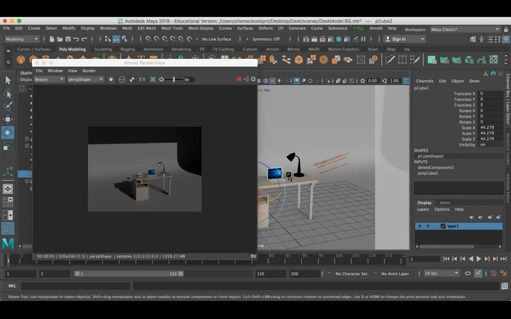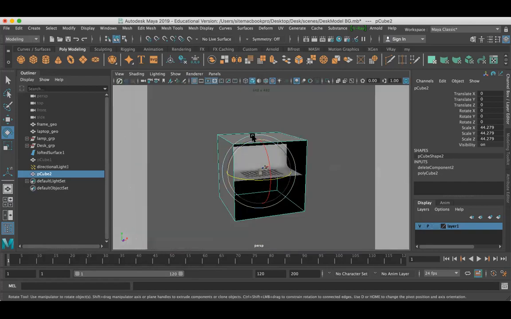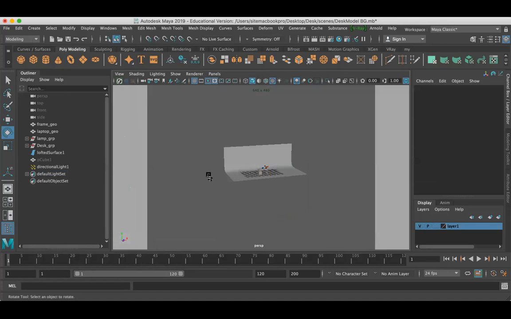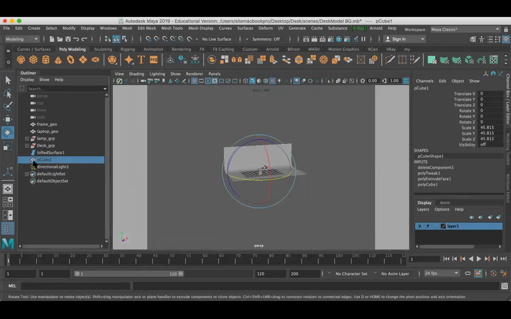Properly. So now look here. Now we have opened the wall so that my light can enter the scene. So that's why I created a previous box here. Now I'm going to delete this box. Just select it and hit delete on the keyboard. It will be deleted. I have already created it here.